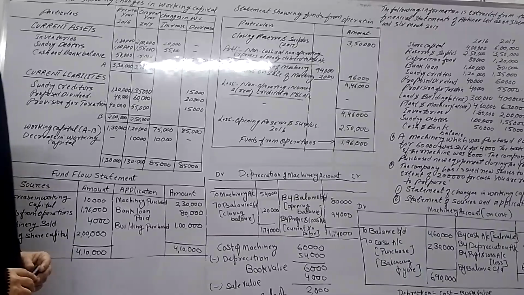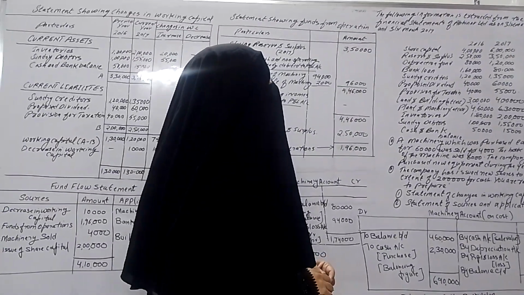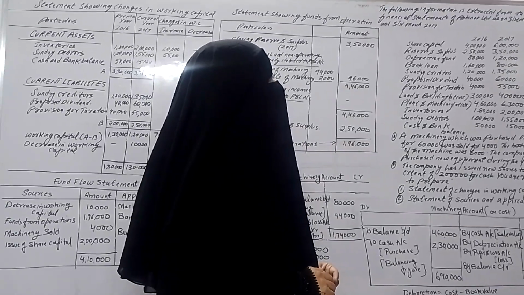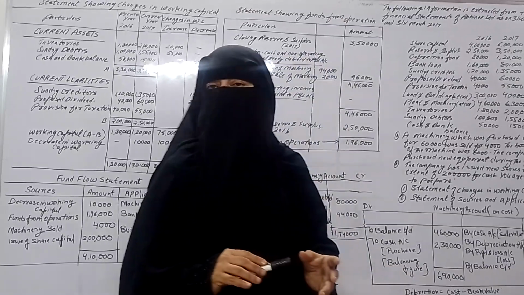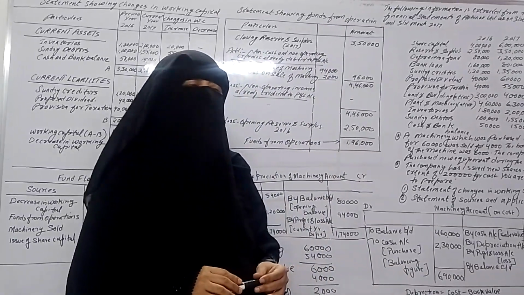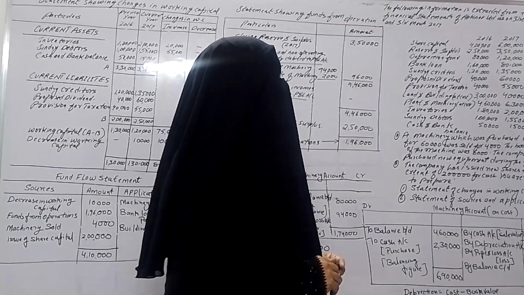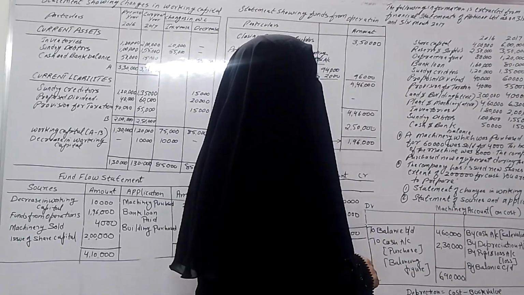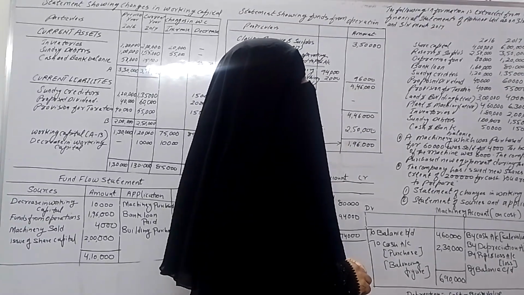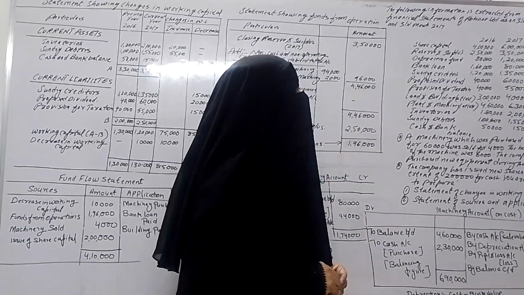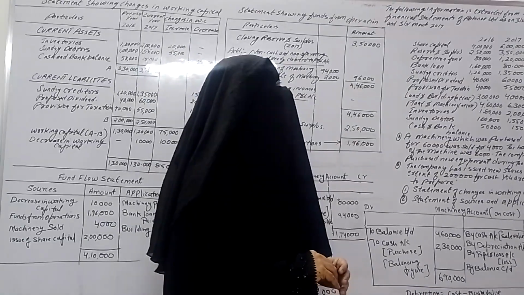So the question is, the following information is extracted from the financial statements of Abhinav Limited as on 31st March 2016 and as on 31st March 2017. So information of 2 years are given, 2016 and 2017. Now the question is, share capital 4 lakh, 6 lakhs, reserve and surplus 2 lakh 50, 3 lakh 50, depreciation fund 80,000 and 1 lakh 20,000, bank loan 1 lakh 60,000 and 80,000, sundry creditors 1 lakh 20,000 and 1